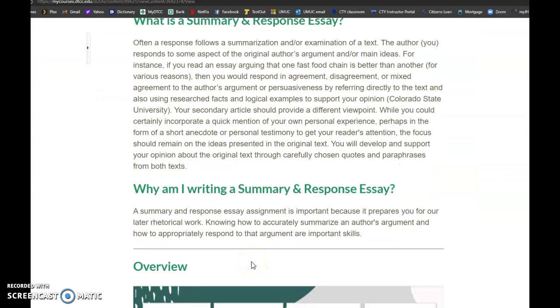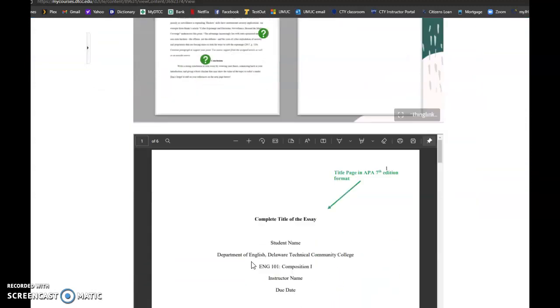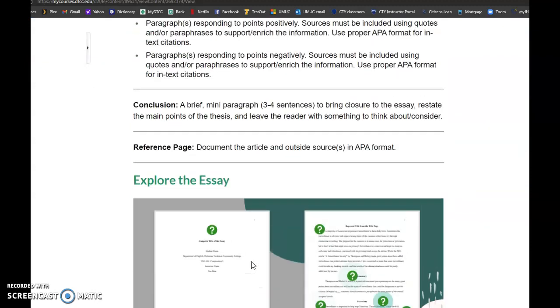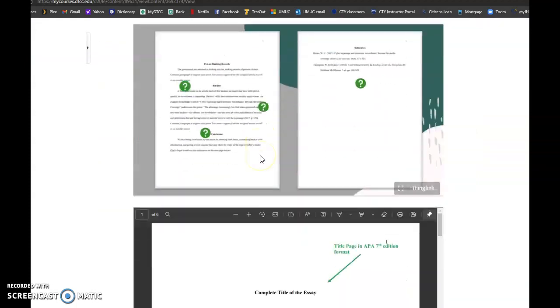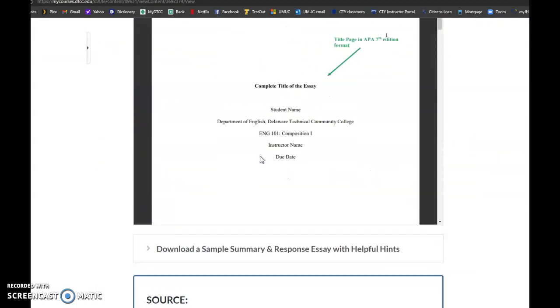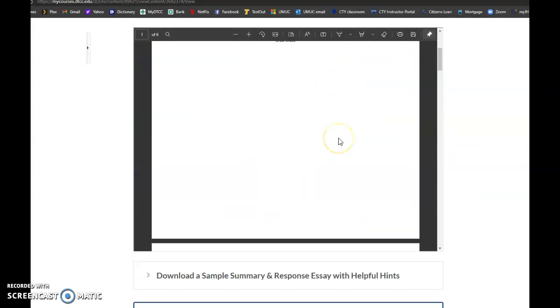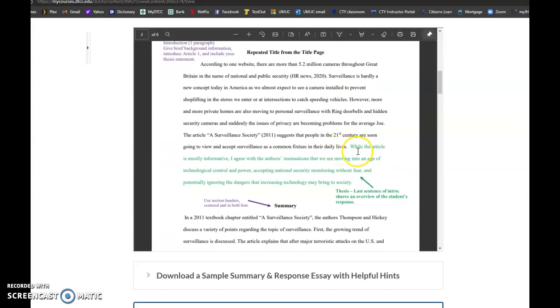So I want to talk a little bit about the thesis statement. This is the sample paper for this unit. It's the summary and response paper. It's located in the Unit 3 Summary and Response Writing, Unit 3 Learning Materials, if you would like a sample paper. I just want to look at this example so you can get an idea of the language, where it talks about the article being mostly informative, and this is my reaction to how it's written. So you can see that the article and an evaluation of it is going to be part of the sentence